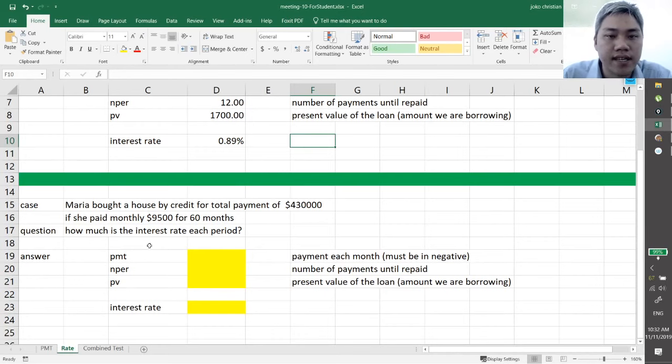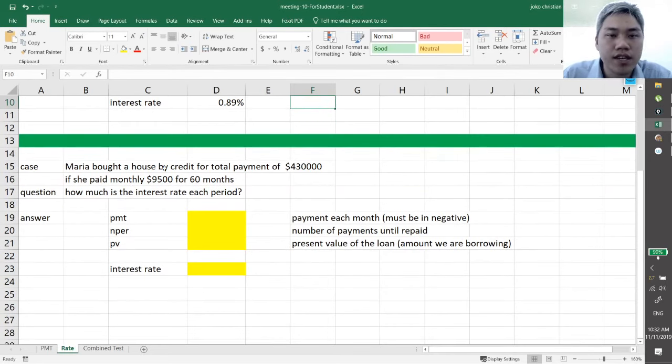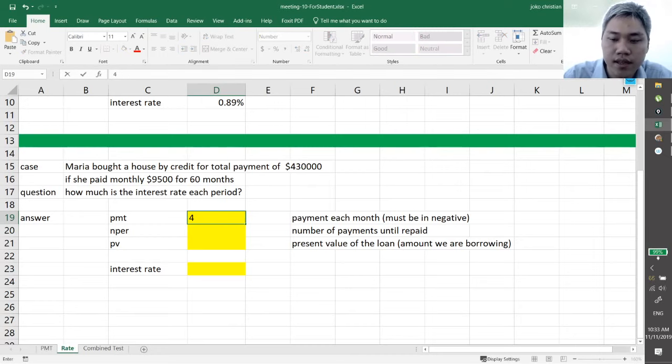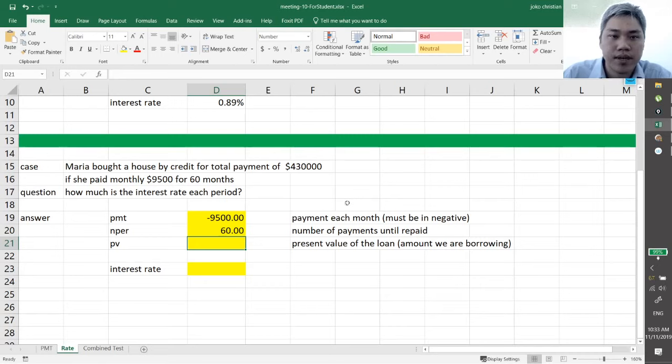Let's just try this second case first. The second case is Maria bought the house by credit for total payment of $430,000. If she paid monthly $9,500 for 60 months, how much is the interest rate for each period? And we are going to fill this yellow spaces. The payment for each month is, sorry, minus 9,500, and then the number of payments is 60 months, and then the present value is